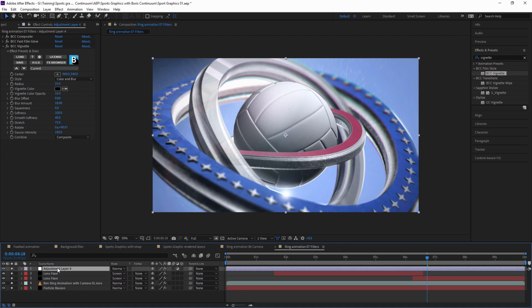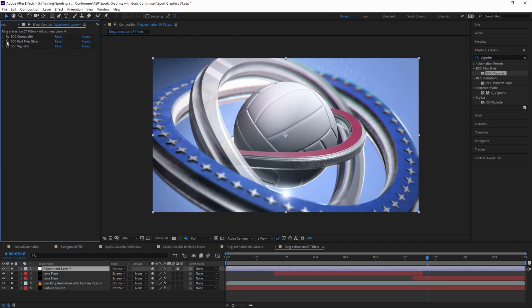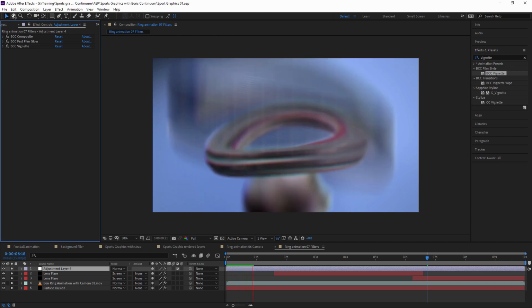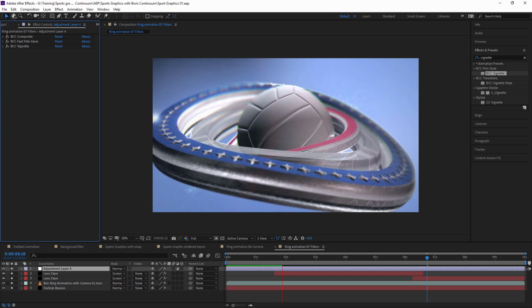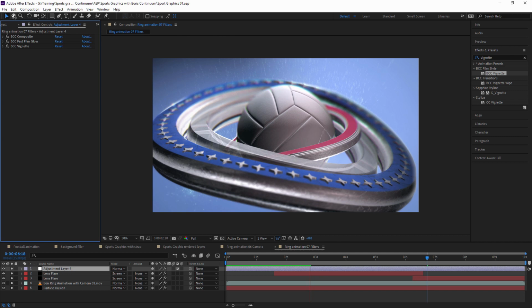And then on a little adjustment layer at the top, we use a little trick with the BCC composite with an apply mode set to multiply, take that down a little bit. Just add a little bit of depth and saturation to our shot with a bit of fast film glow just to glow that up, and a vignette just to bring it all together. So we now have an interesting motion background that we can now use to put our informational plinth over the top of it. And it's that informational plinth that we're going to be looking at in part 8 and seeing how we can quickly build that up again.